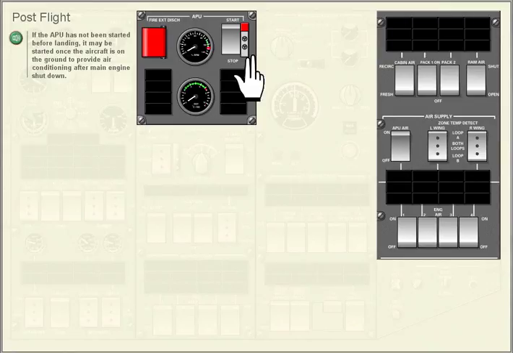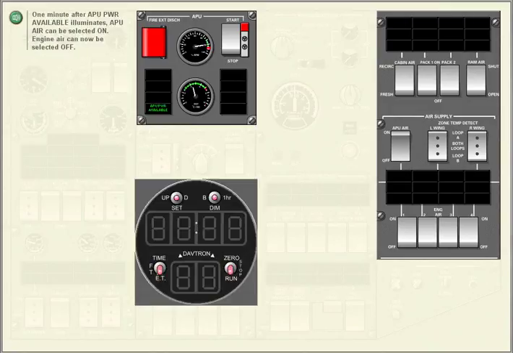Post-flight. If the APU has not been started before landing, it may be started once the aircraft is on the ground to provide air conditioning after main engines shutdown. One minute after APU power available illuminates, APU air can be selected on.